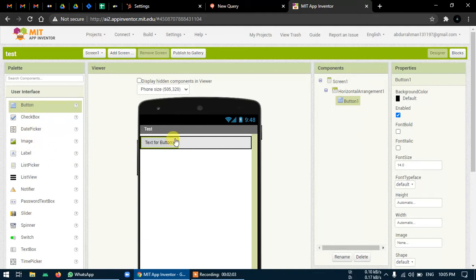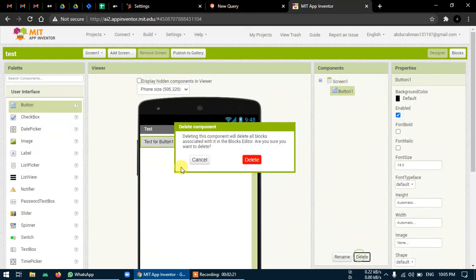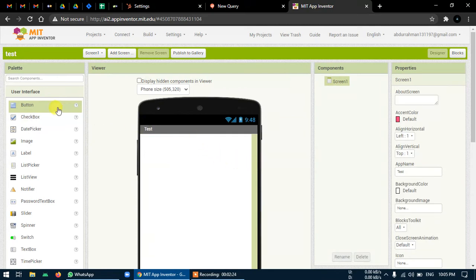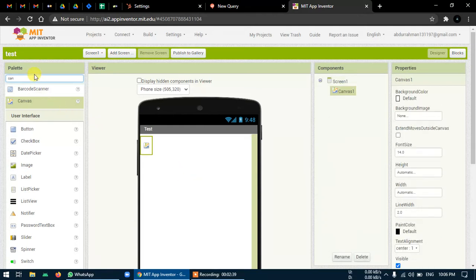So nothing is possible here in this MIT App Inventor design, that we can't move any of the elements from one place to another when the app is running. While designing you can do it, but while running the app you can't. So we have a component called canvas. Okay, let's just delete all this first. Canvas is actually used to draw, like the simple normal canvas we use in paintings and all. So we can just search for that canvas directly over here. We have a canvas. You can get this canvas on the screen.